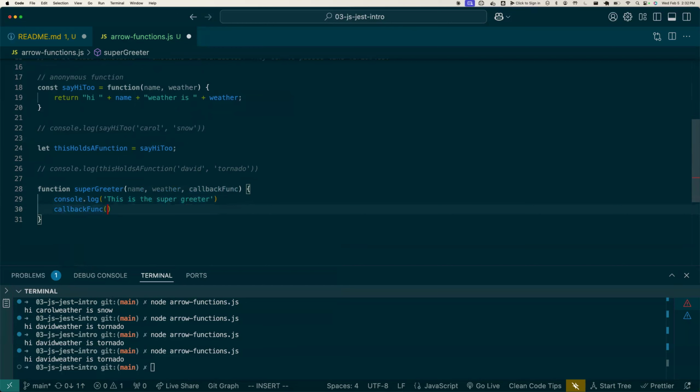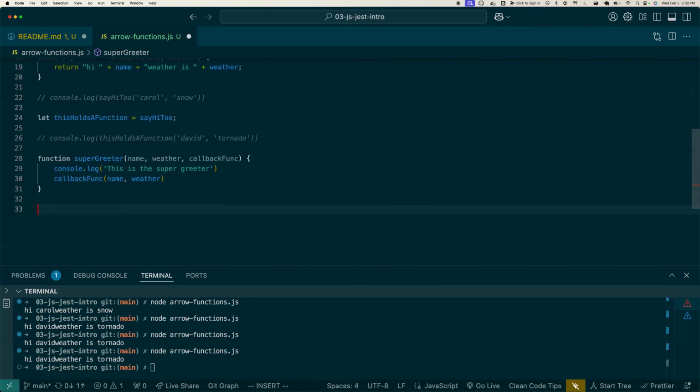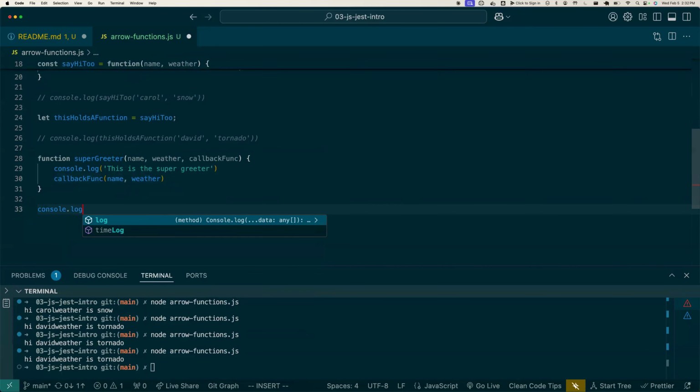And I'm going to call the callback function and pass in name and weather. Now, I have to know that all my functions have the same arguments. It's called a signature. The inputs and the outputs form a function's signature. But now I can do console.log supergreeter,